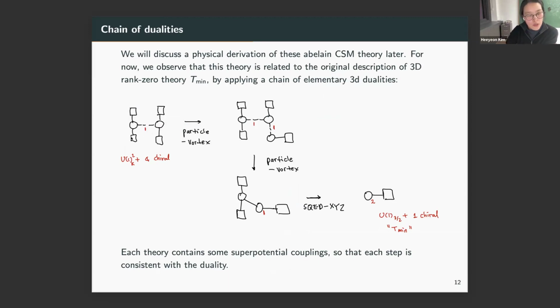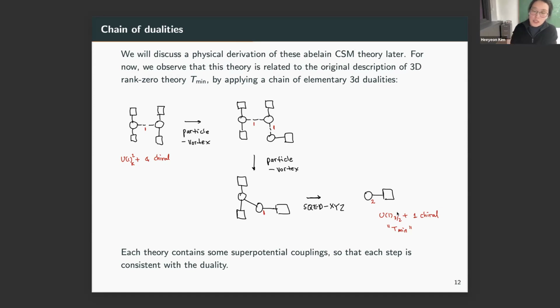So this is the U(1)^2 description, and you perform a particle-vortex duality for this chiral multiplet that gives rise to this quiver. And then you perform another round of the particle-vortex duality on, say, this chiral multiplet that gives rise to this particular quiver. And finally, you can also perform SQED-XYZ duality to arrive at the original